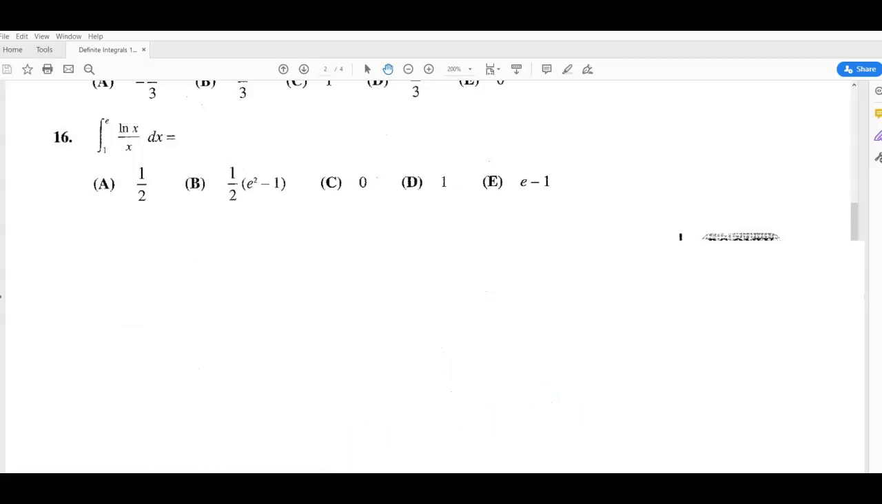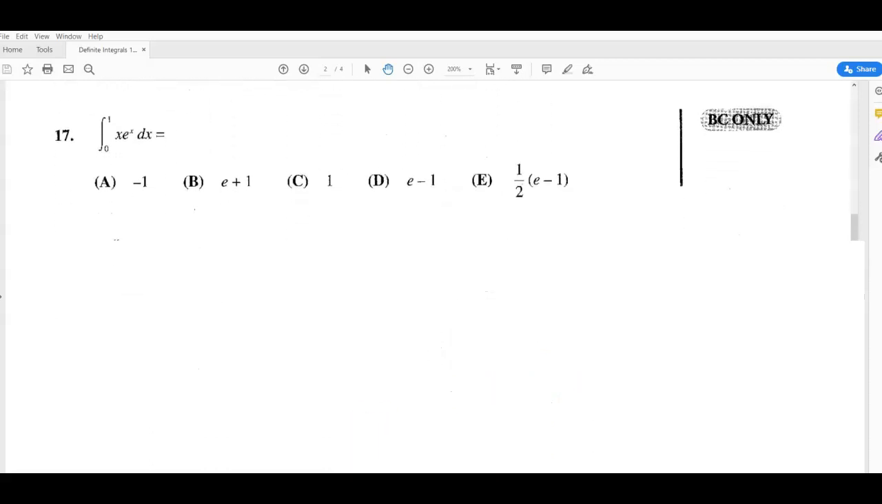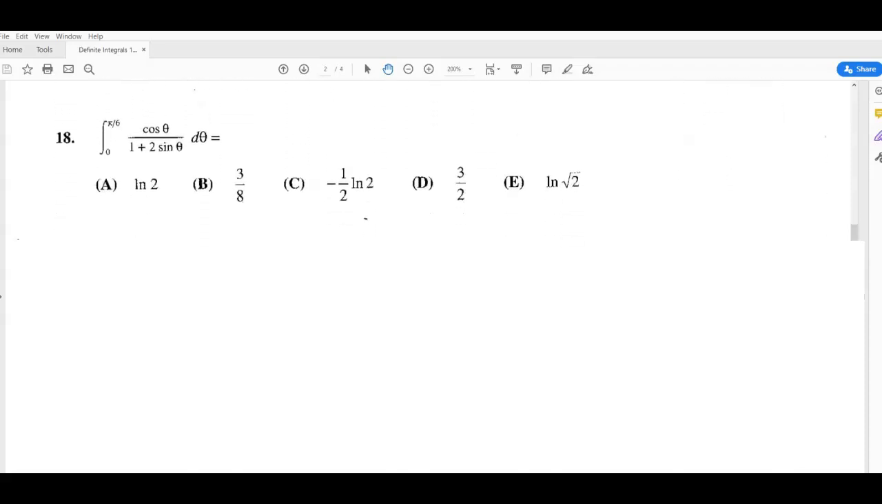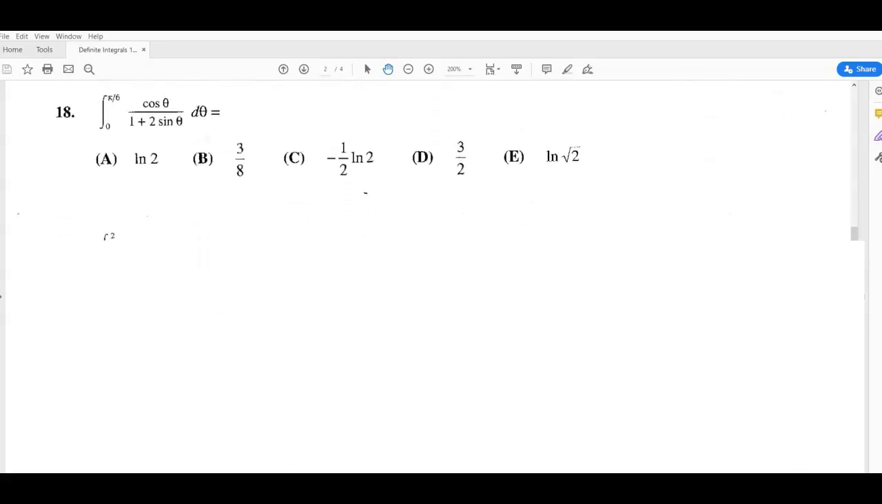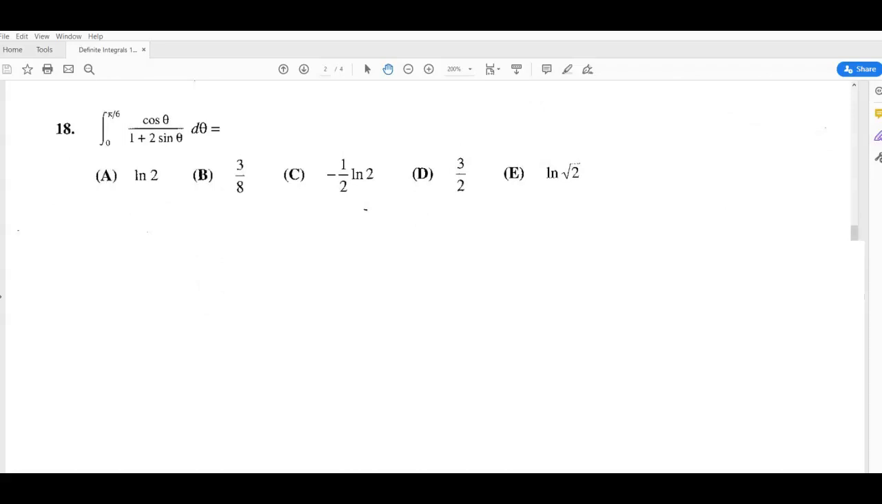All right. 17. This is a BC problem, so we'll be skipping number 17. It may look simple, but it's actually different. It requires a strategy known as integration by parts. All right. As for number 18,